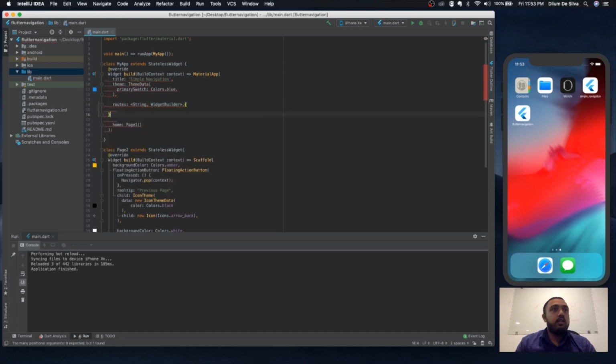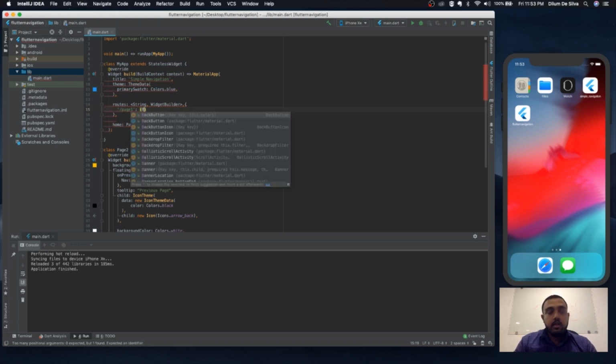We declare it, and the route string should be a WidgetBuilder, and then we have this. So here I'm calling page 1. What we are doing here is declaring our routes inside